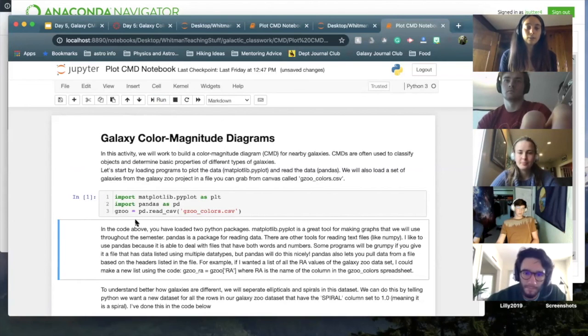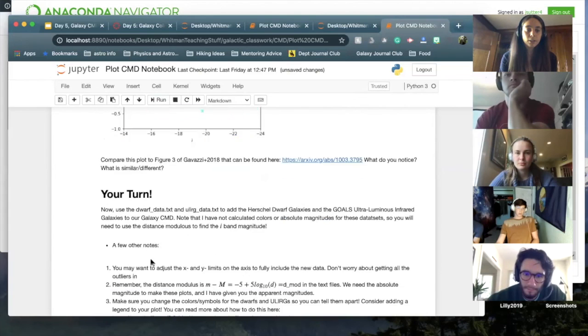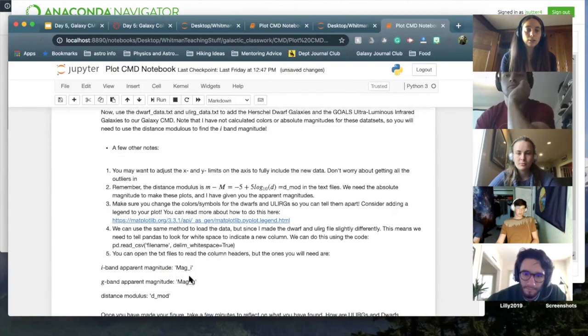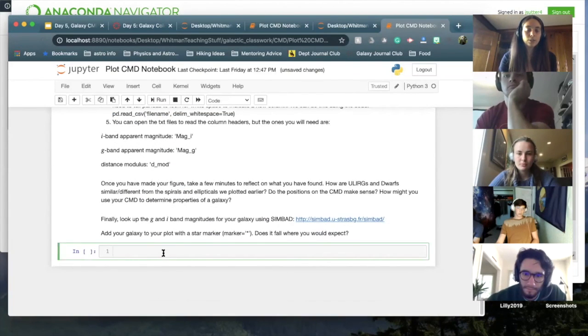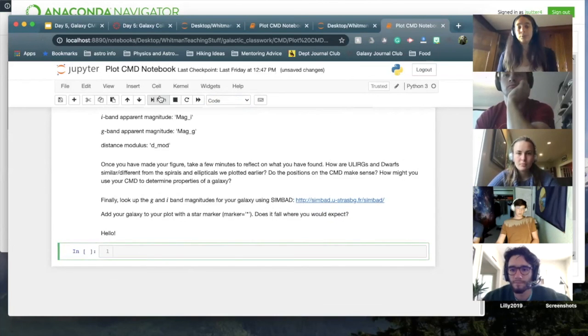I've walked through what you need to do in this, and there should be a fair amount of instructions. Just so you all know, if you want to write code, you just need this box here to say code. If instead you wanted to type some text, or answer a question I asked, you could change it to Markdown and then type something, and when you hit run, it'll just show text, but then it'll go back to code from there. So now if I want to say,